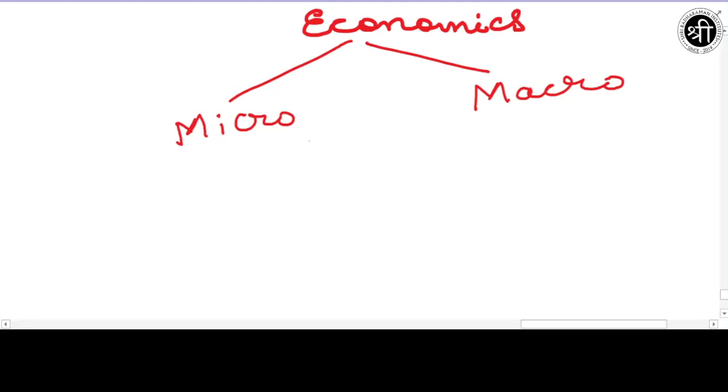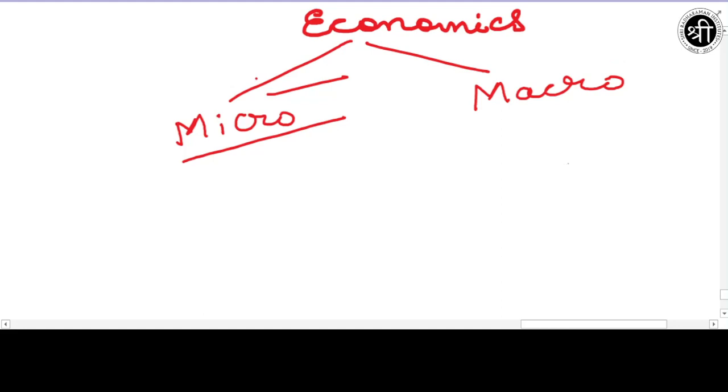Now, what does the word micro mean? The word micro means small and the word macro means large or big. So in the same manner, this study of economics is also based on the study either being micro or being macro. Now what is the meaning of microeconomics? When we study economics on a small scale, then it is known as microeconomics, and when we study economics on the large scale or on the full extent, then it is known as